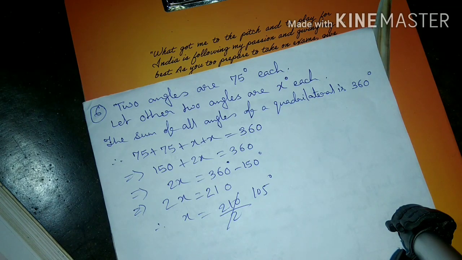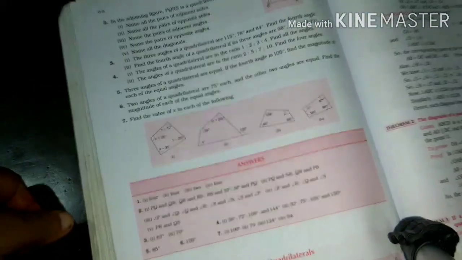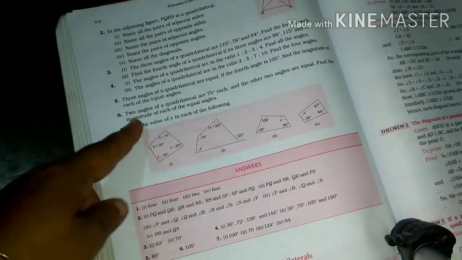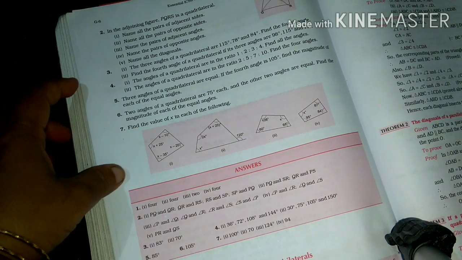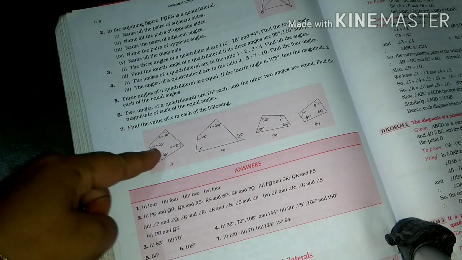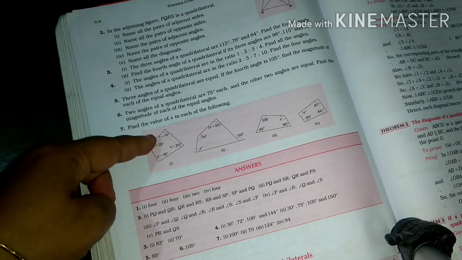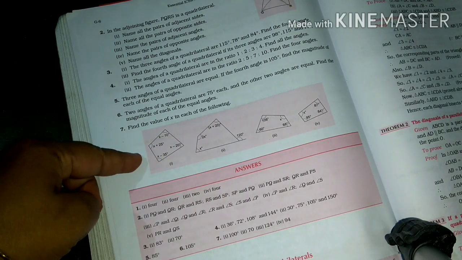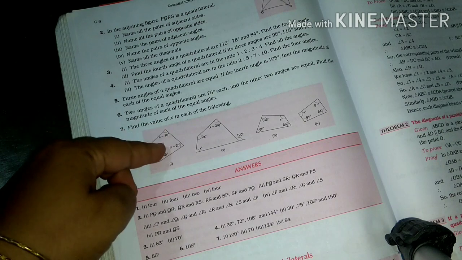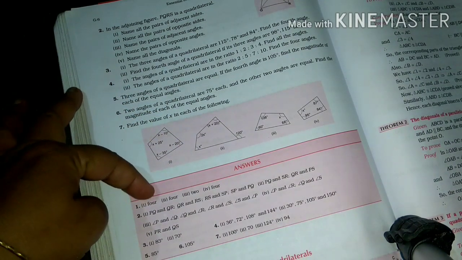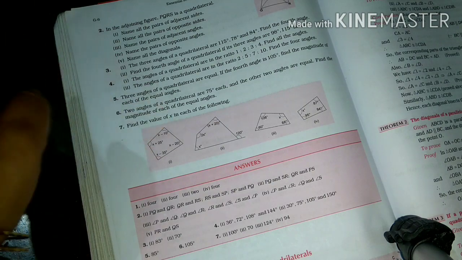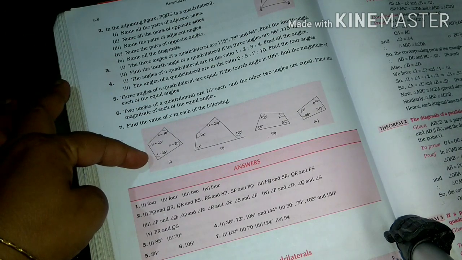Alright. Next, come to question number 7. You all will do by yourself. I will not do, I am just telling you. You see the figures are given, you have to find the value of x. So everywhere the angles are given. In the first figure you see what is given: x minus 10, x plus 25, x minus 35, x minus 20. So these all you will add. So adding is equal to 360. You can find the value of x.